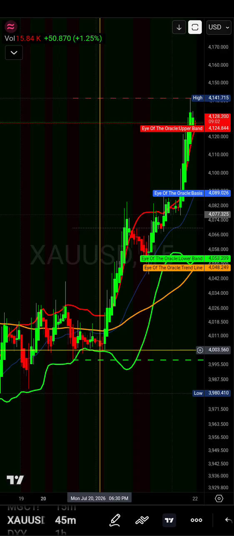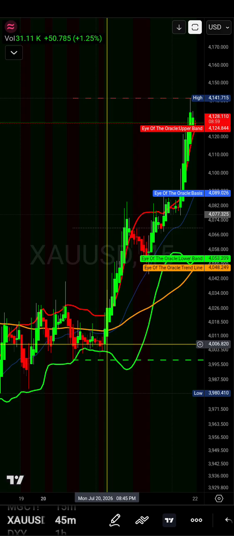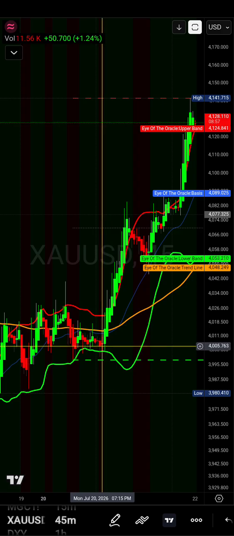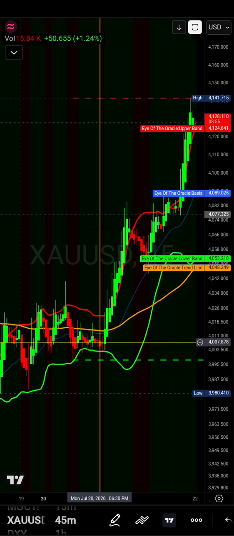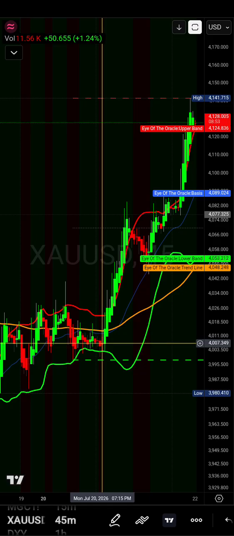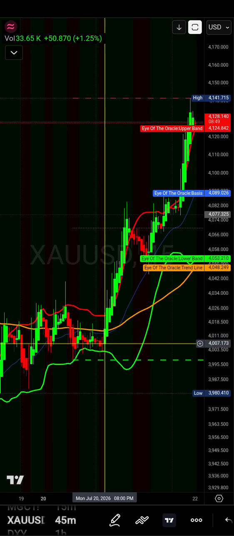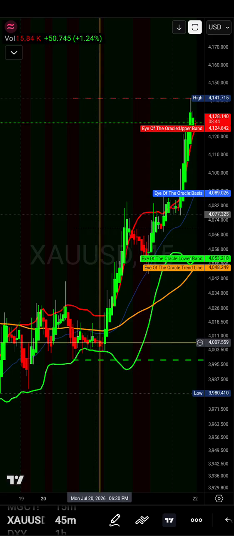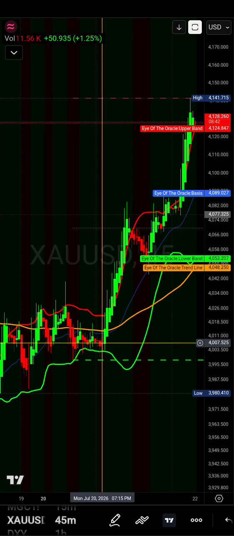All you have to do is come on here. Boom, you would have come on here. You would have waited for this green candle, or you waited for this small red candle here. I'm trying to get you to see this small red candle here. If you saw that, you would have definitely been able to say, yo, market is about to buy right now. So you would have got in on that trade, and that was at 7:15 p.m.